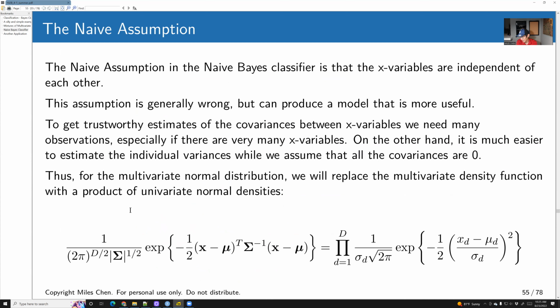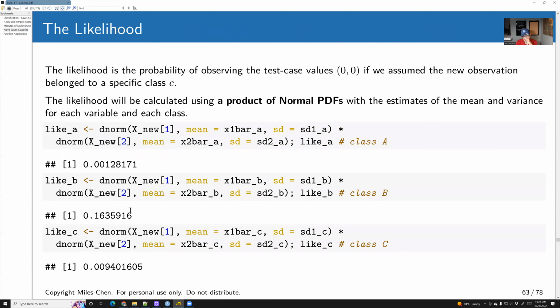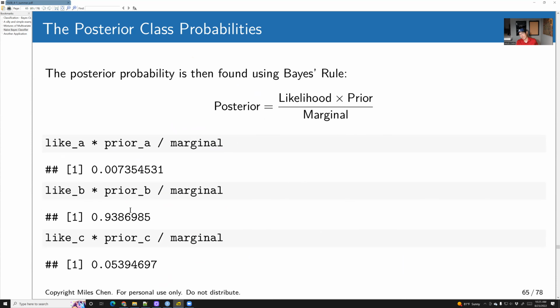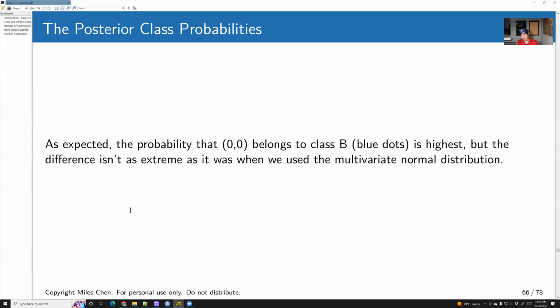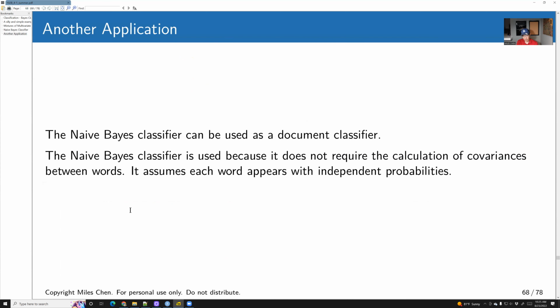Assuming no covariance, maybe not the greatest idea, because the multivariate normal distribution is not that hard to deal with, okay? In your homework, I make you do the naive Bayes classifier, and I think that's fine. But it might feel like this seems inferior to the regular Bayes classifier where you use the multivariate normal. Okay, I can appreciate that argument. But